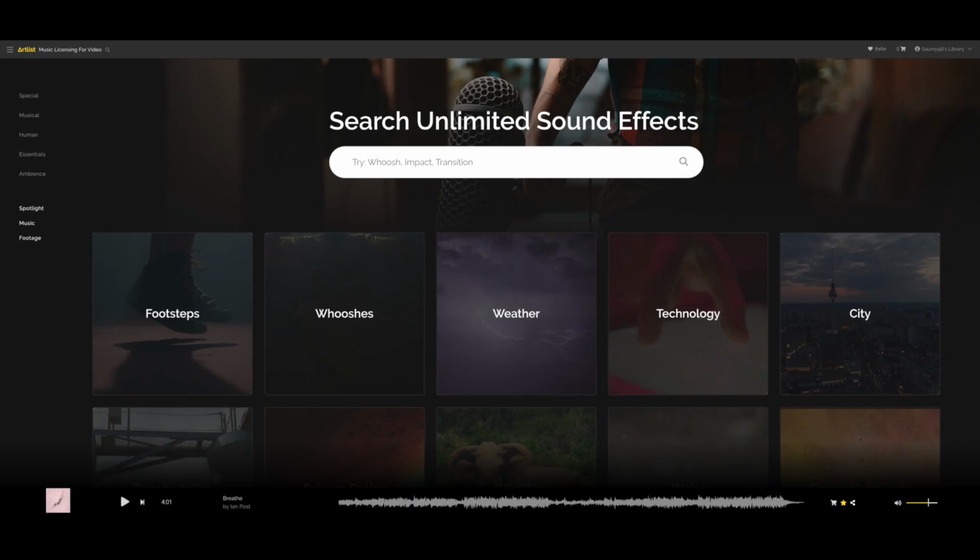And also Artlist now has a sound effects gallery similar to Epidemic Sound. It is still smaller compared to Epidemic Sound, but it is growing really fast, and that is what I'm very happy about. So after you choose the song, in Artlist it is super easy. You will have to just simply choose the moods and kind of videos or genre you want for your music, and you can easily search it up.